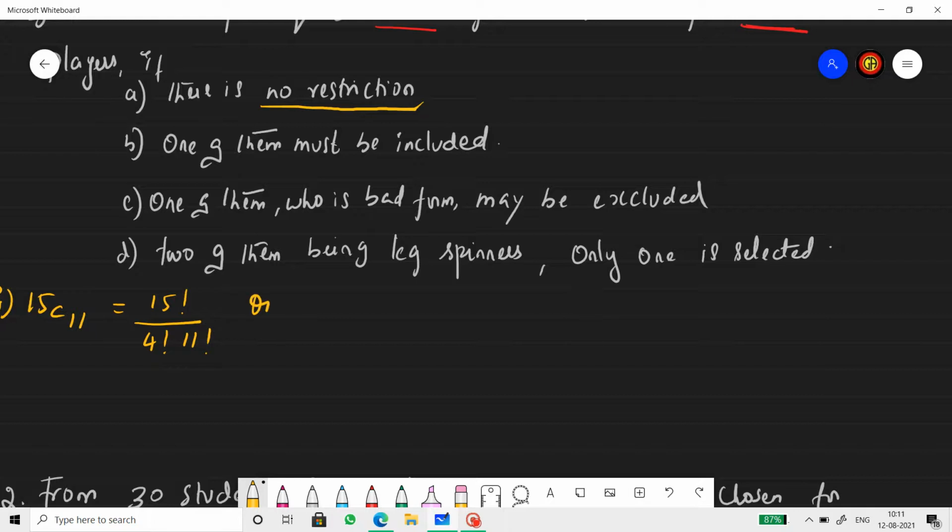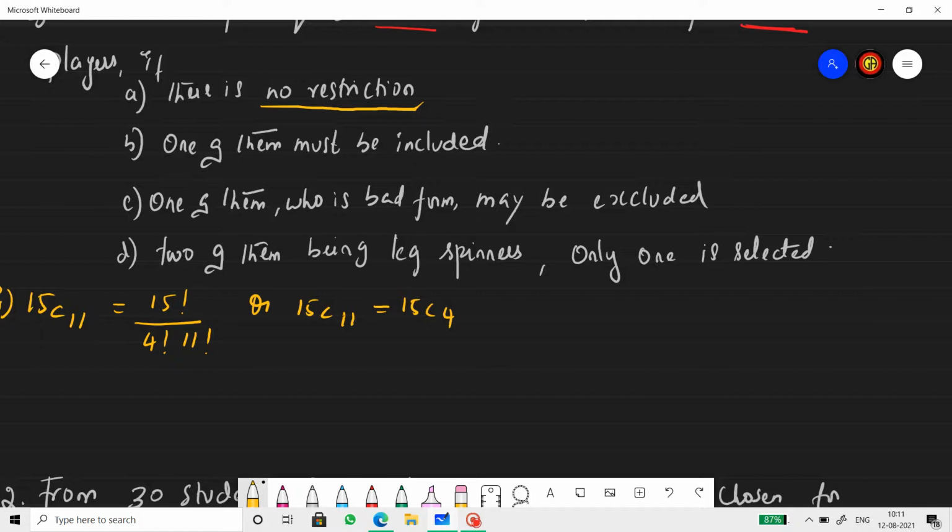Or we can simply write this as 15C4. 15C11 will be equal to 15C4, using property 3.